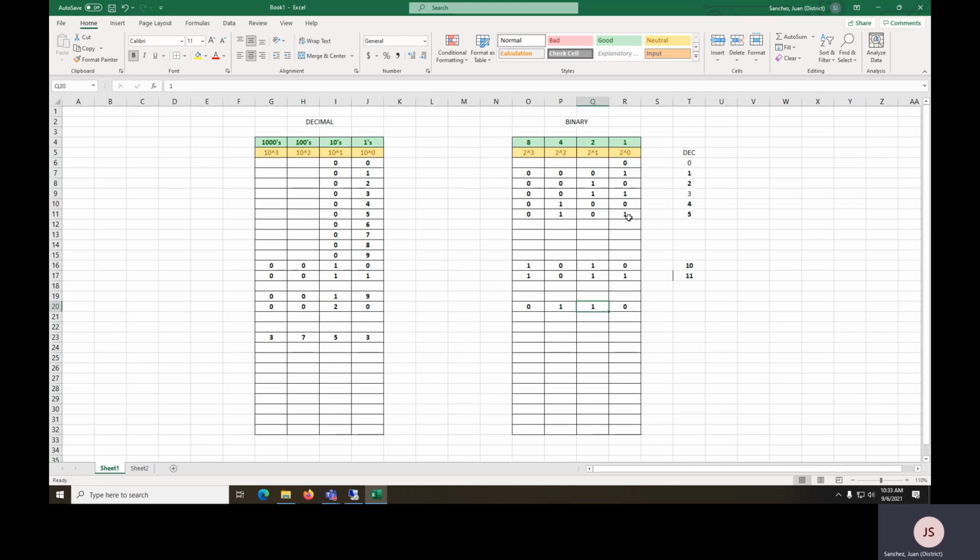I do have a 2, but I don't have a 1. So 4 plus 2 is 6. Now, let's make this bigger. When it comes to IP addresses, we use 8-bit words. Not just 4 bits like on this one, but 8 bits. When you do 8 bits, what happens on the next bit is going to be not 8, but it's going